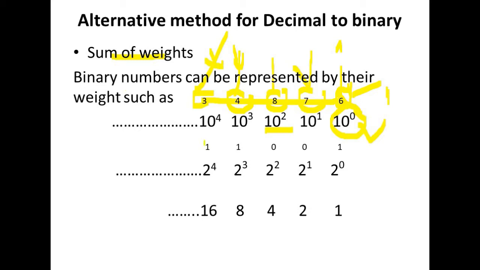In this manner we can also consider the binary number. This is the binary number 11001. So here we notice that this 1 would be given the weight of 2 to the power 0, and this 0 will be given 2 to the power 1. Likewise the third digit will be given 2 to the power 2, then 2 to the power 3, and 2 to the power 4. 2 to the power 0 means the rightmost digit is given the weight 1.